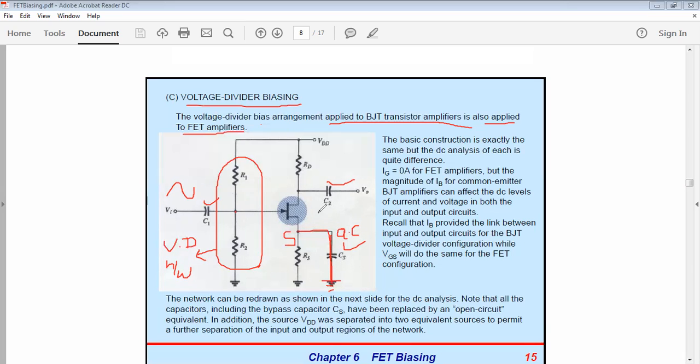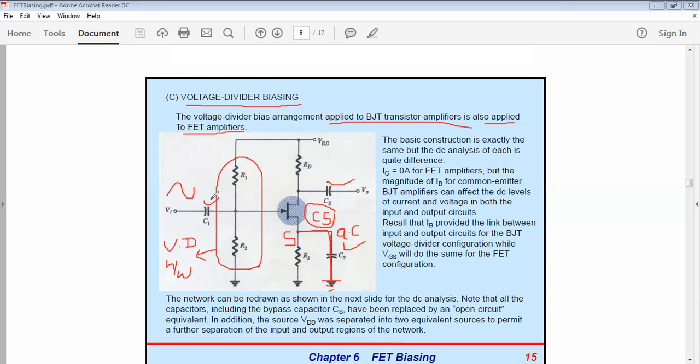So this is a common source configuration. What is the configuration of this circuit? The configuration of the circuit is common source. Why? Because for AC analysis, the capacitor acts as a short circuit. Now the source terminal is directly connected to the ground, so the configuration of the circuit is common source configuration. Okay. Here the drain resistor, here is RS.